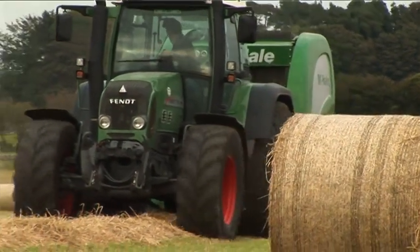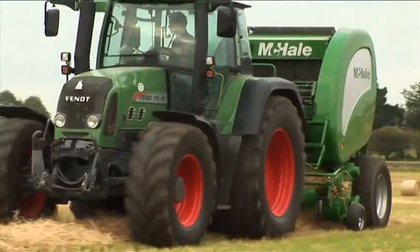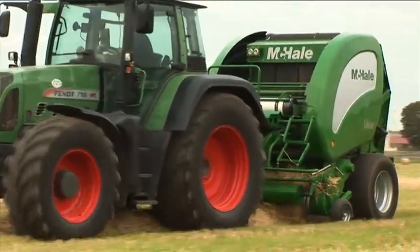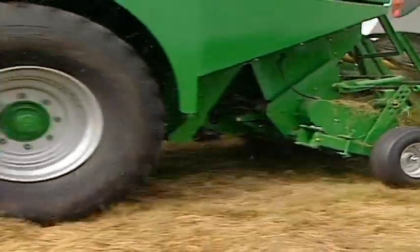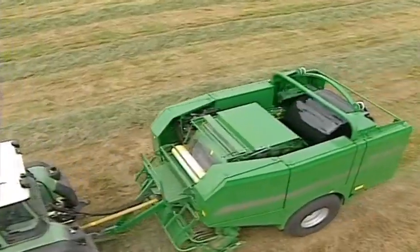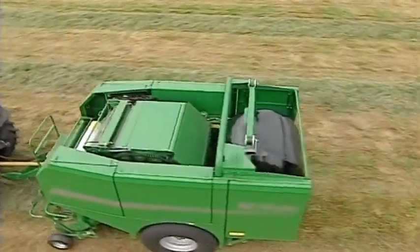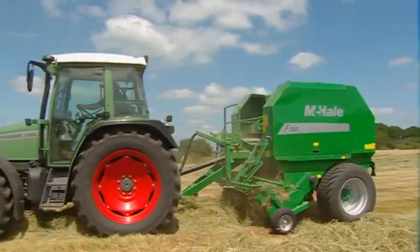Built to last and developed on the rugged terrain of the Irish countryside, the McHale product range is known throughout the world for durability, reliability, innovation and value for money. A number of years ago, McHale brought a high-specification integrated baler wrapper to the marketplace, the McHale Fusion. Due to the success of the McHale Fusion, a demand was created for a high-specification range of fixed and variable